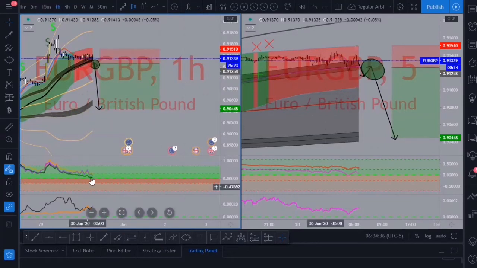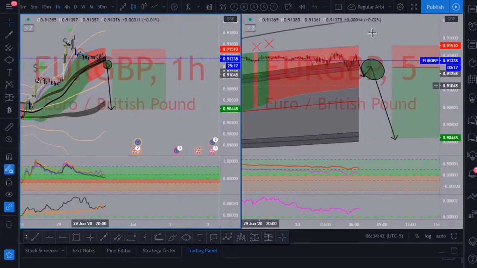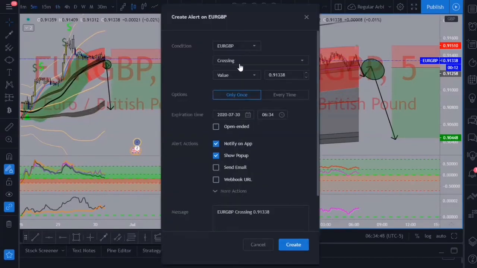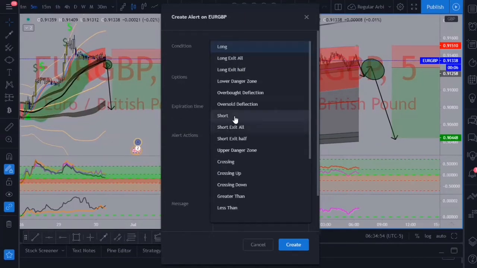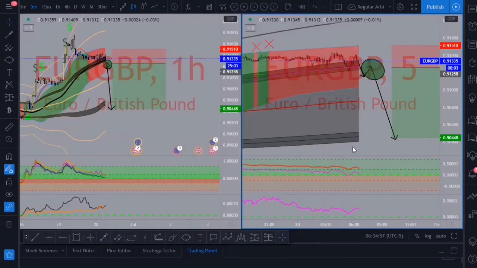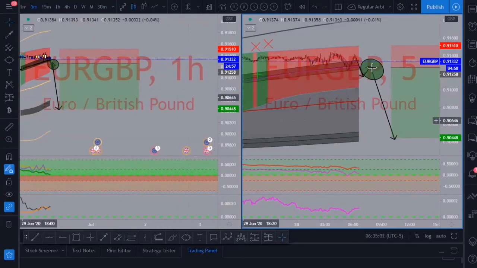We don't have these crossed. We don't have anything crossed over here on this side yet, nor on this side. So on the 5-minute time frame I would wait for the alert to sell. Apocalypse shorts, and create. So I'm waiting for that to happen. Yeah, I like Euro GBP a lot. I want to get the sell alert, and then once the sell alert happens, I'll wait for the retest, and if I get a retest, I'll get in and sell it down. So we have orders set on Euro GBP as well.